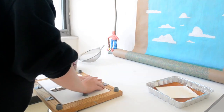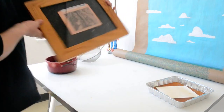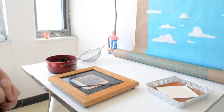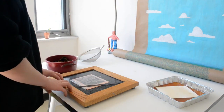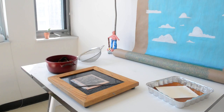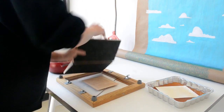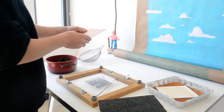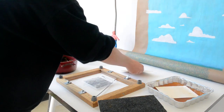So you place it in, close the clamps. If you're using a makeshift print frame, I would recommend taping half of the image, or taping it on one side to the one side piece of glass, so that you can undo the print frame and check, because the exposure times aren't always exactly the same. It depends on your lighting scenario. So for this specific print, the exposure time was 72 hours, but I did do it in a UV light box. So if I had propped up my print frame